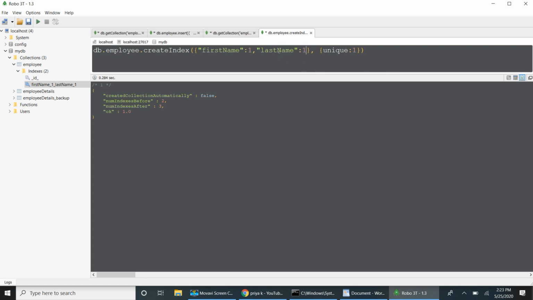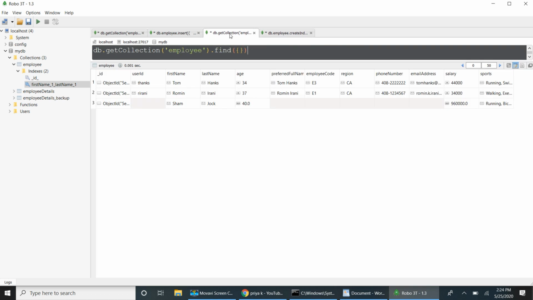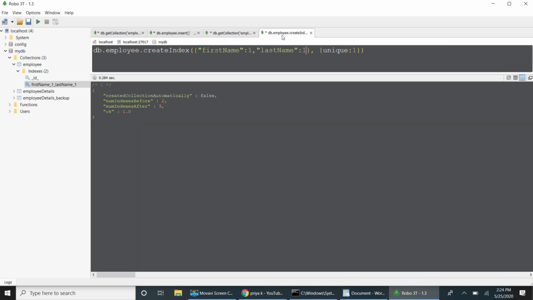So I'll create the index. A TTL index works only if you have a date field in your table. It should be at the top level. If you have the date field inside a nested object, it will not work. Or if you are using a TTL index on some other field like a string or integer field, it will not work. If the data type is date, then only the TTL index works. So I'm going to create